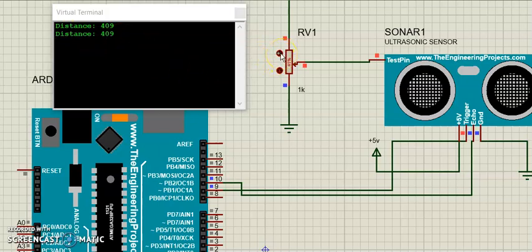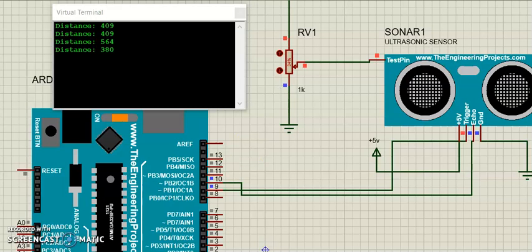But if I change these resistance values here, you can see that the third distance which is going to be printed will be different from these two, and that is 564. So this is going to give us confidence that the code that we have written in the Arduino IDE is going to work in a real-life scenario. So here the distance should decrease. So that is 380. So this test pin is going to provide this facility virtually.